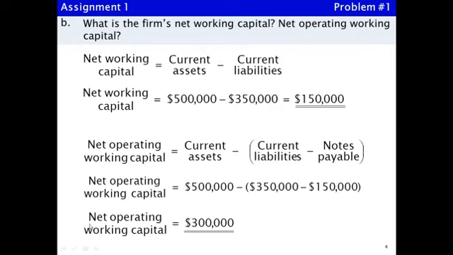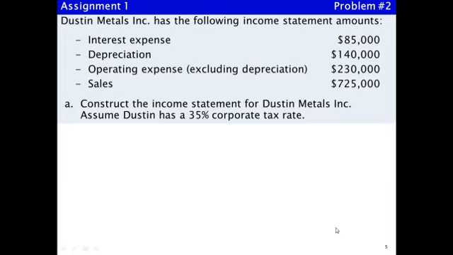We're going to use this NOWC, net operating working capital, later when we calculate the free cash flow for a firm. Number 2,